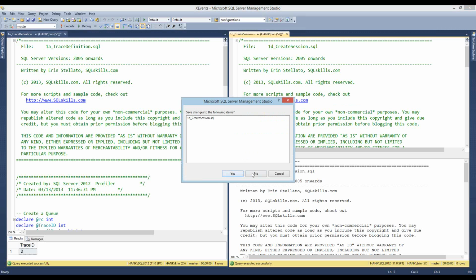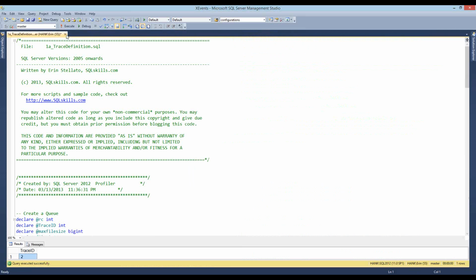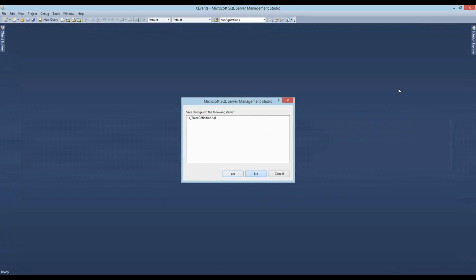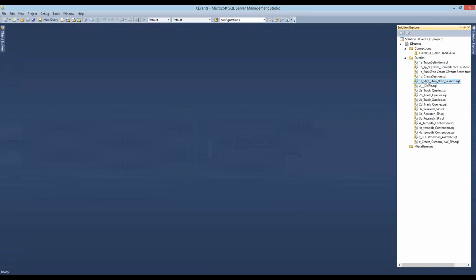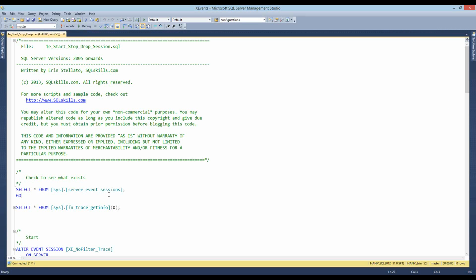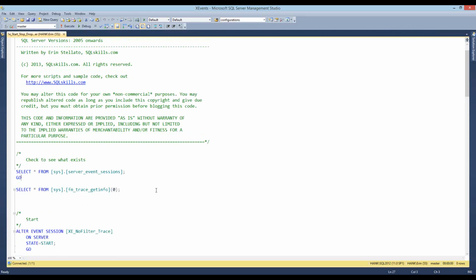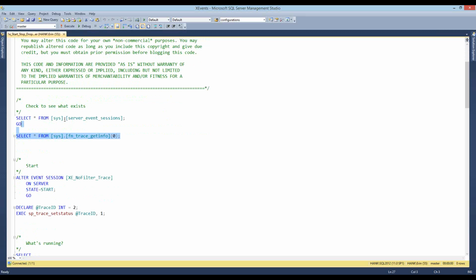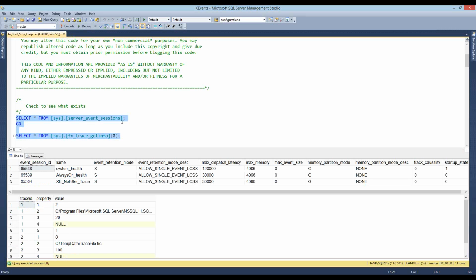I'm going to go ahead and close both of these. And now what I'm going to open up is our next script, which allows us to do some comparisons between them. So the first set of queries that I want to run are to see what exists for my extended event session and also for my trace. So let's run this. So I'm selecting from server event sessions, and now I can see what event sessions exist.